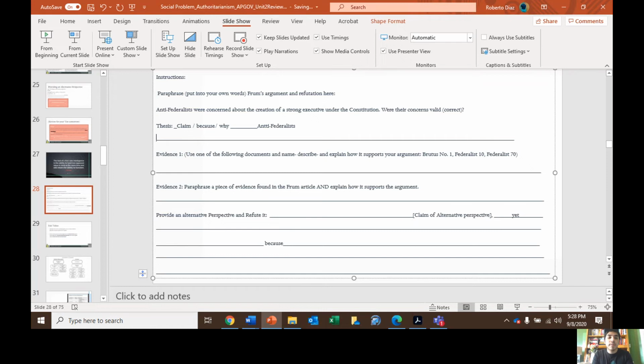Anti-Federalists. This would be something Frum might write. Anti-Federalists had a valid concern about the creation of a strong executive under the Constitution